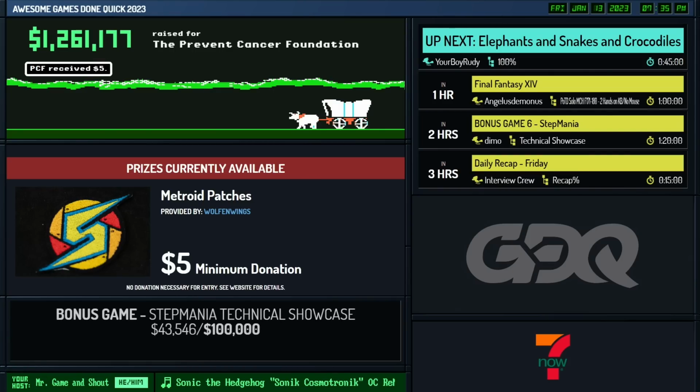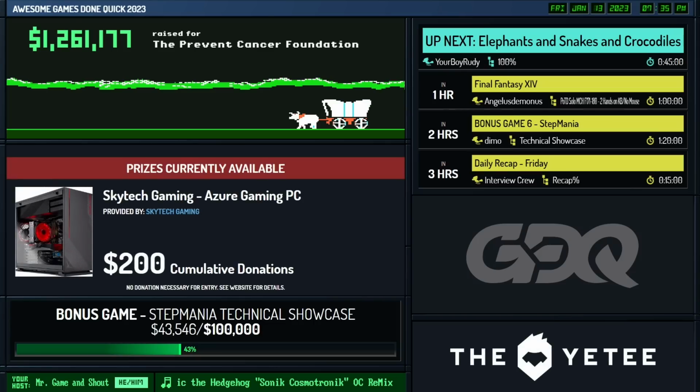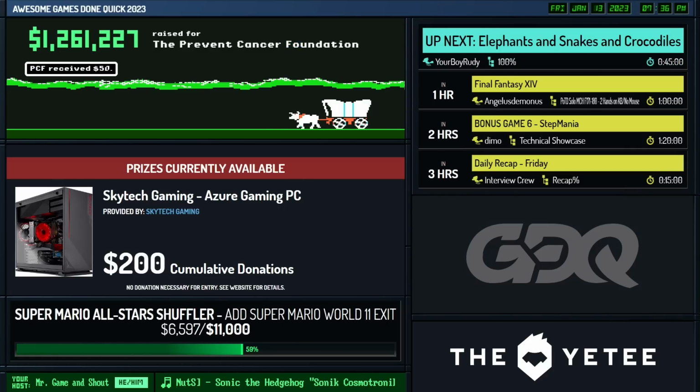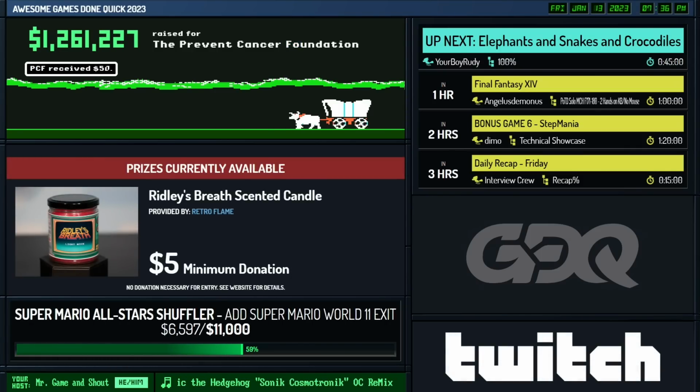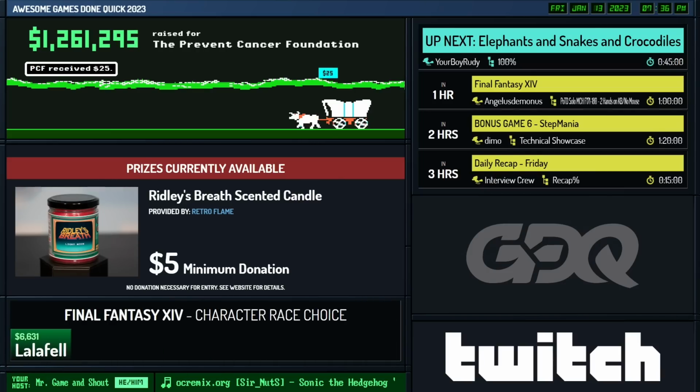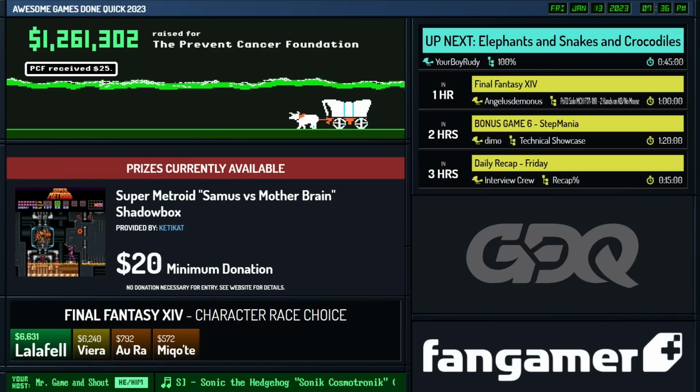I, too, support the notion of more GDQ, and we are still trying to get more GDQ. The Step Mania incentive, the bonus game, is still open. We are about $56,500 away from that. That is a weird way to say that number. But we still need to close that gap. There is less time than you think between now and then, so please keep your donations coming towards getting that